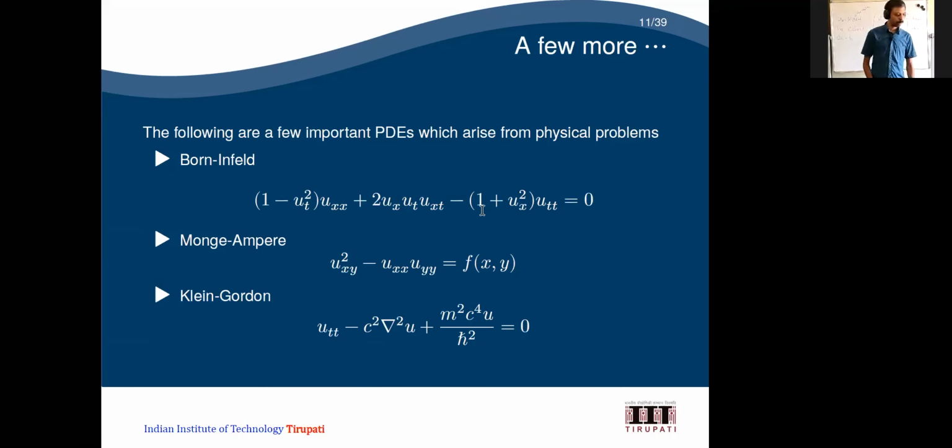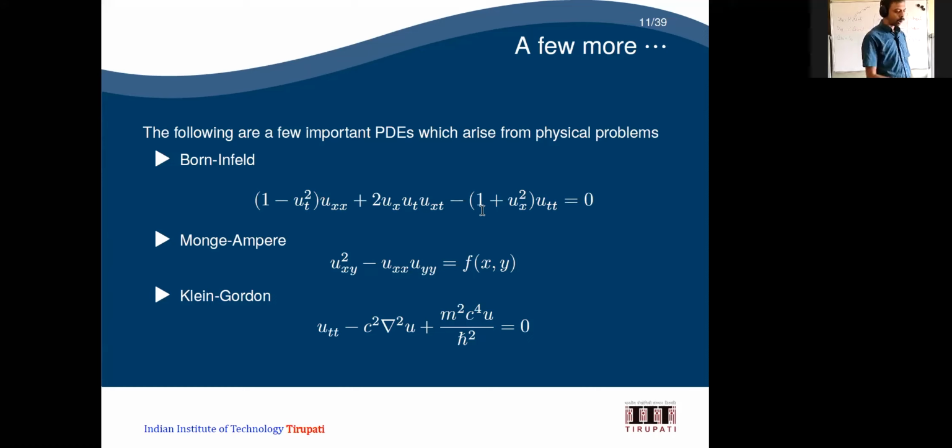And this is another one, like this occurs. This is another important problem in physics. Okay, 1 minus ut square ux is almost similar to that equation, but with some complicated things. And this Monge-Ampere, which is one of the important problems in Riemannian geometry or conformal geometry, where they will try to find some surface, etc.